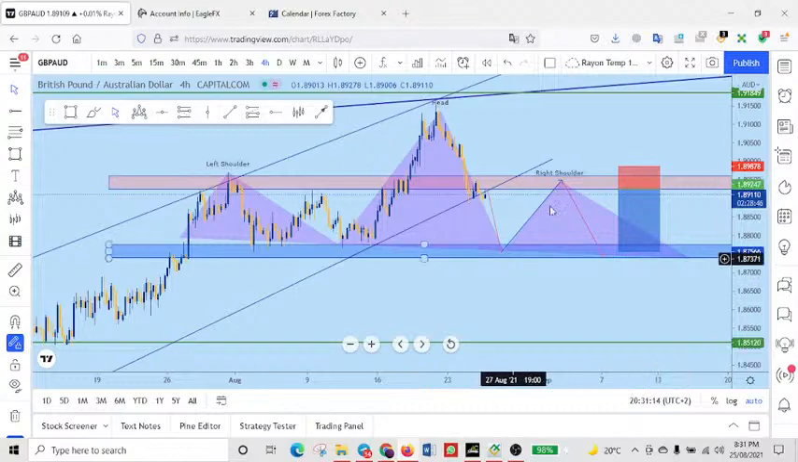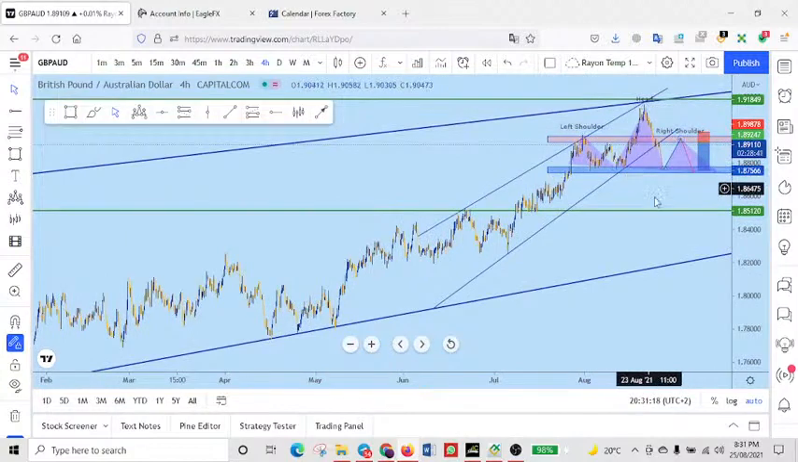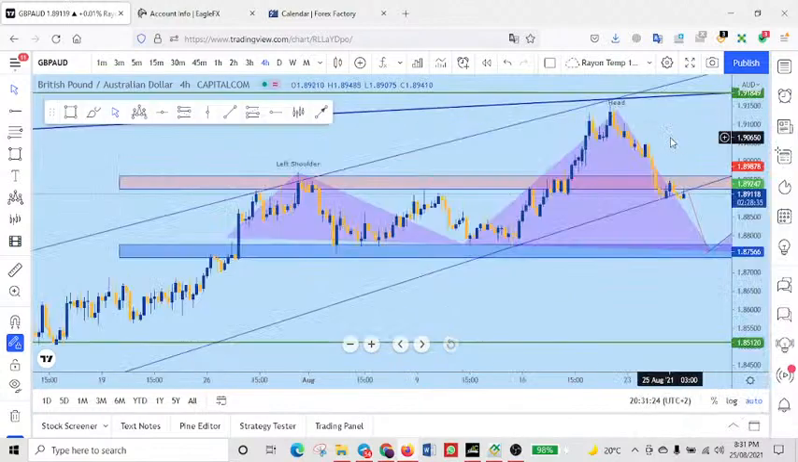But if it plays like this and breaks to the downside, then we are coming down. This should be our next level we're looking at. Okay guys, that is what we have for Great British Pound AUD. So let's also look at